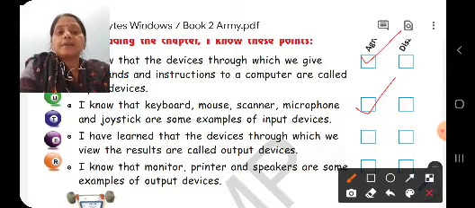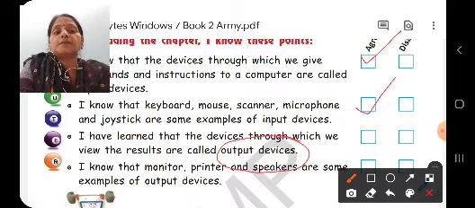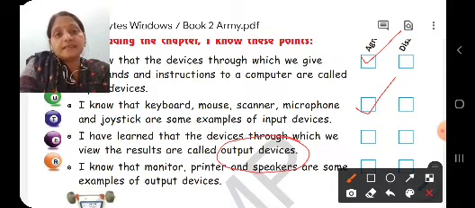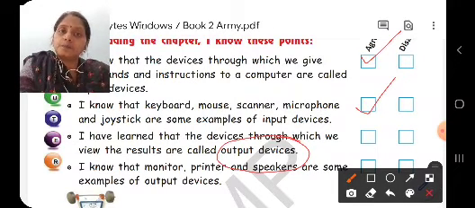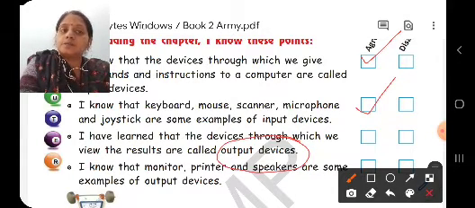Now I have learnt that the devices through which we view the result are called output devices. So children, giving instructions to the computer is input, and the devices used is called input devices, and getting result from the computer is called output, and the devices used to give the output is called output devices.